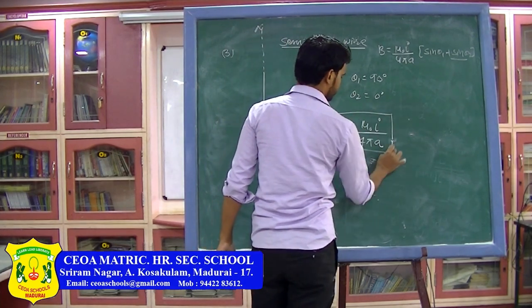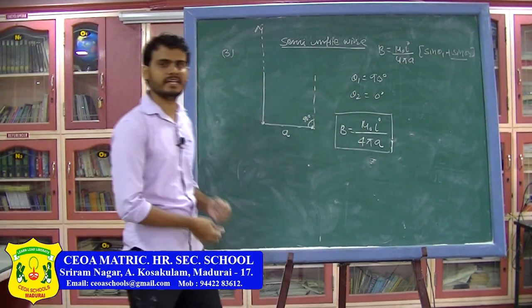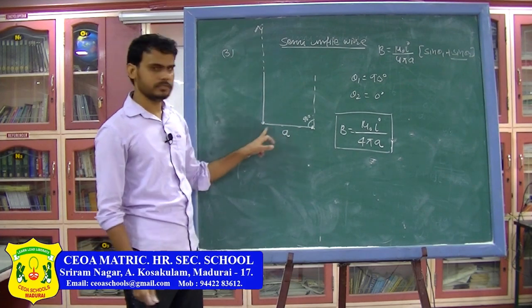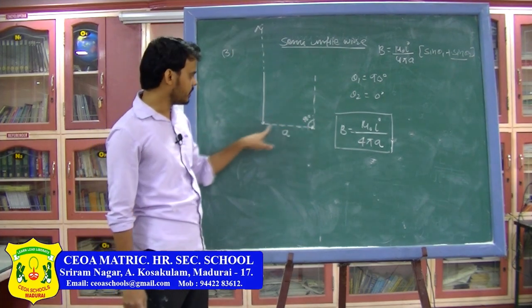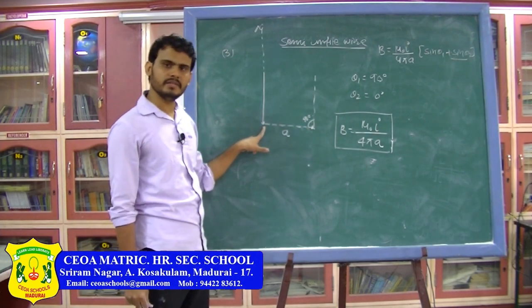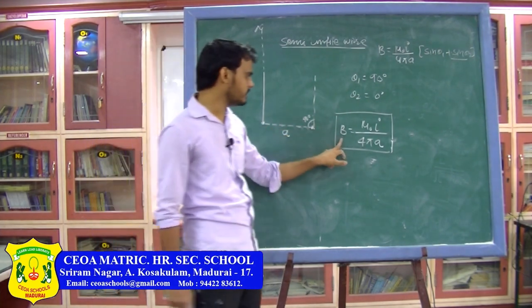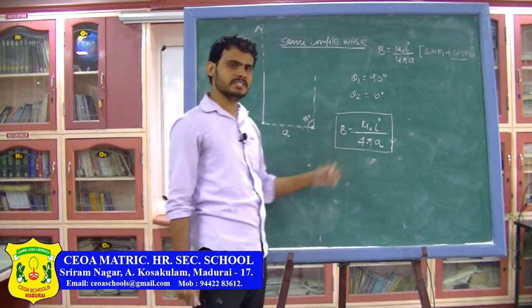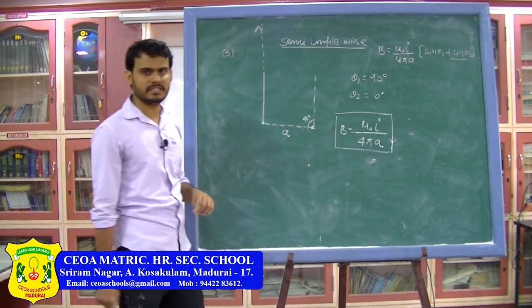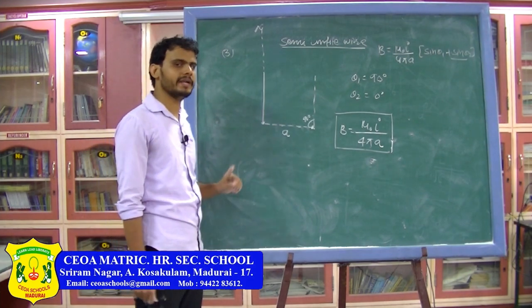Now, semi-infinite wire just means that the wire is really long. So basically in this situation, the wire is really long but the point is in front of one of the ends of the wire, then the magnetic field will be mu naught I divided by 4 pi a. Again, this is just the magnitude. If you want to find the direction, you have to use the right hand thumb rule or right hand palm rule.